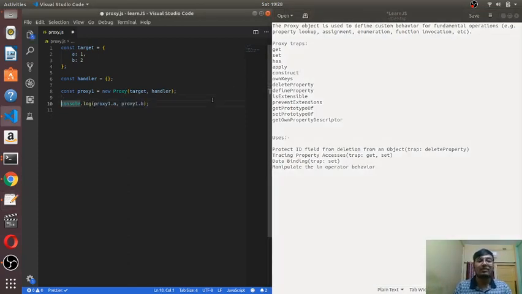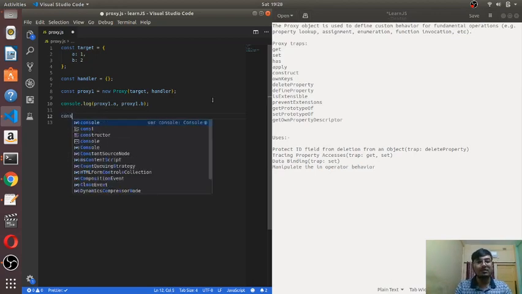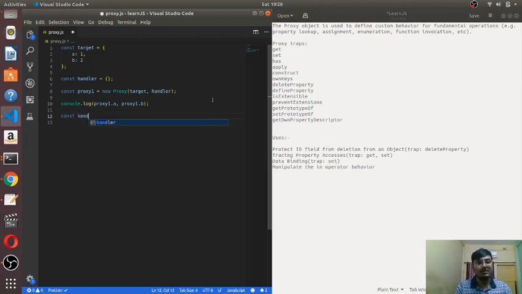Now we will try changing the behavior of our target. For that we have to define a handler, and there must be something in it, right? So let's take const handler2. Give it a specific name. Right now I am just using handler2, but a specific name would be much better for real life coding situations.